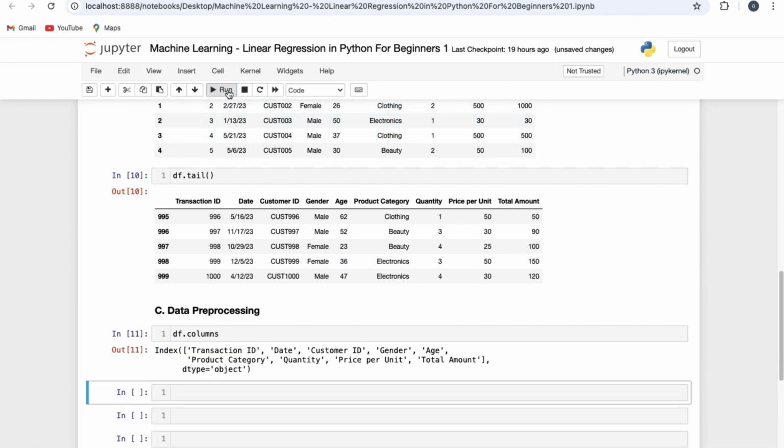Let's read it. These are the columns that we have: transaction ID, date, customer ID, gender, age, product category, quantity, price per unit, and total amount. However, I would like, instead of having this transaction ID and date and customer ID, I want to make it a